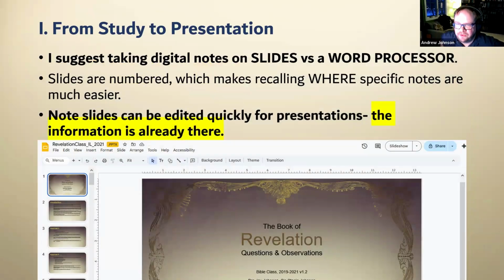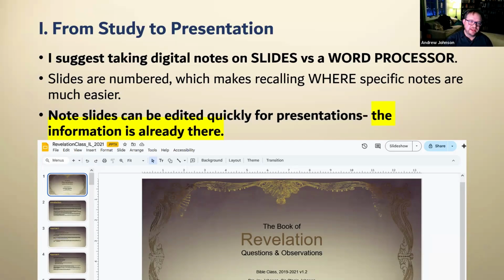What is maybe worthwhile, though, in terms of workflow, really has to do with where you're putting this information ultimately. The way that I typically take notes or ask questions, I just do it in a slide program. I don't really use a word processor at all. I might use one to hammer out an outline or something like that. But most of the Bible notes that I take, whether in Bible class on a Wednesday night or for Sunday school and Sunday morning, I typically take all on slides.